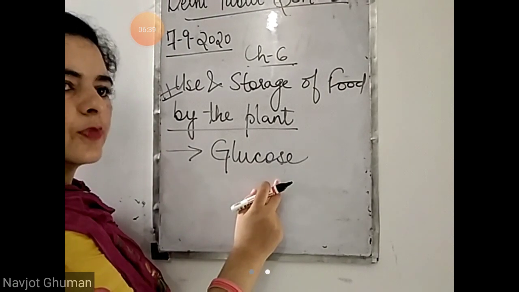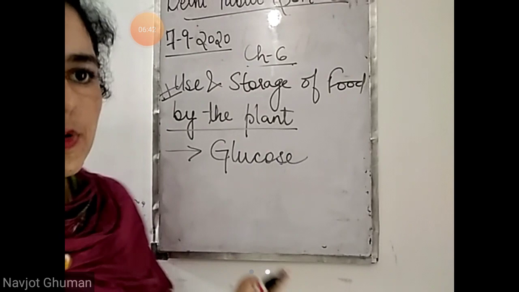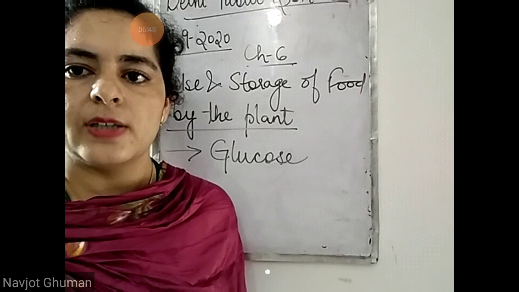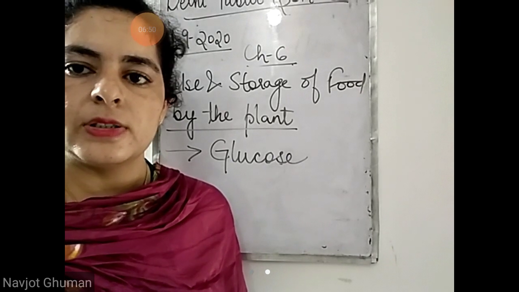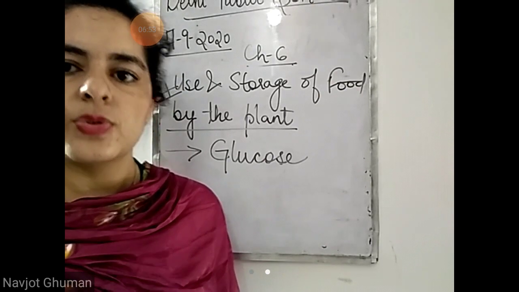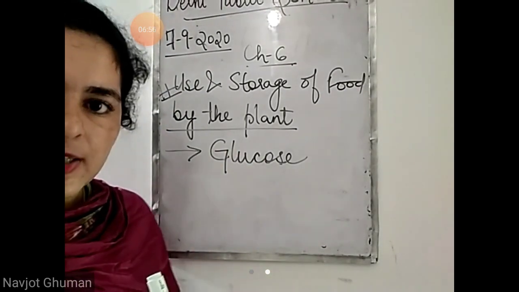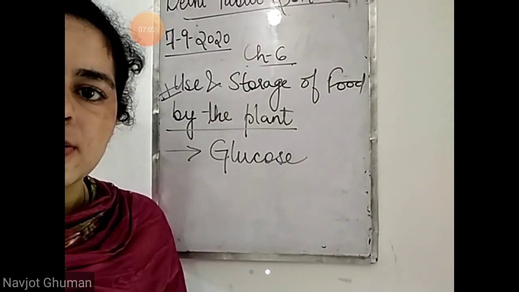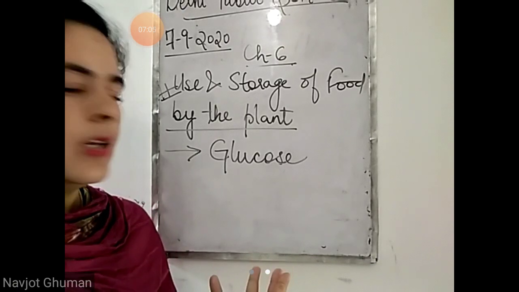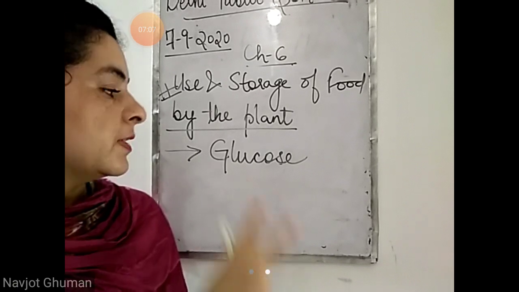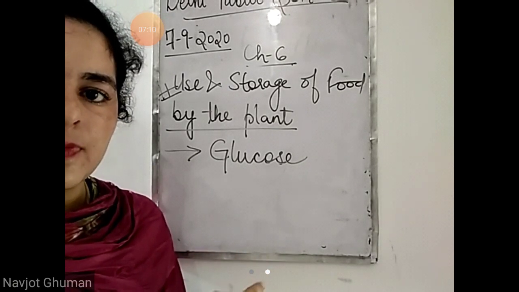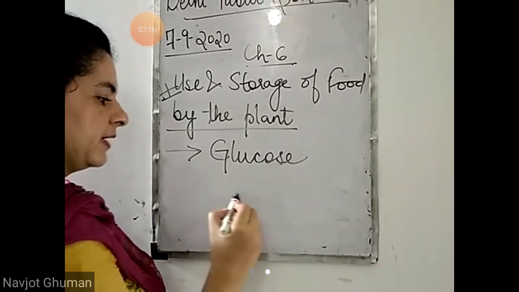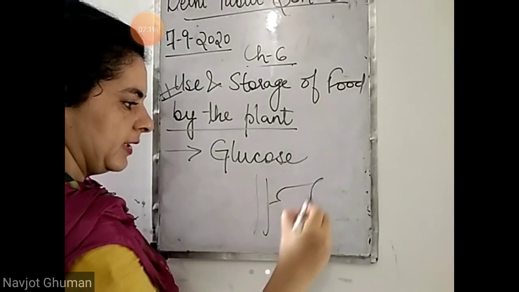Now where is that food used? Now that food is used by the plant for its daily activities. जो डेली एक्टिविटीज़ प्लांट में हो रही हैं, फॉर ग्रोथ, फॉर एनी हार्मोनल चेंज, जो भी चेंजेस हो रही हैं प्लांट्स में, उसमें वो खाना यूज़ होता है. Like we do daily activities, there are activities in plants also that they do, so they also require energy, and for that energy the food that they prepare they use that food. So they use that food to do their daily activities, and we know that food is prepared in the leaves. Food prepare हुआ है leaves में.